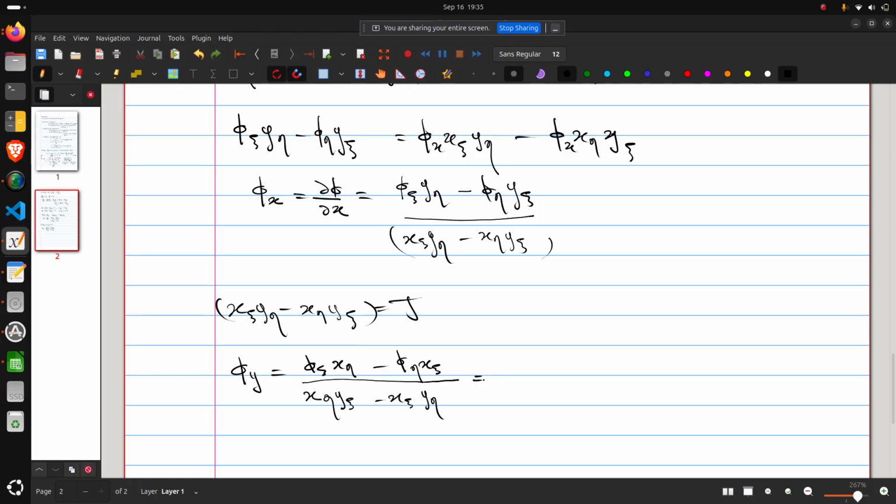Now we can just switch these terms from left to right by multiplying by -1 to the top and the bottom, which will give us x